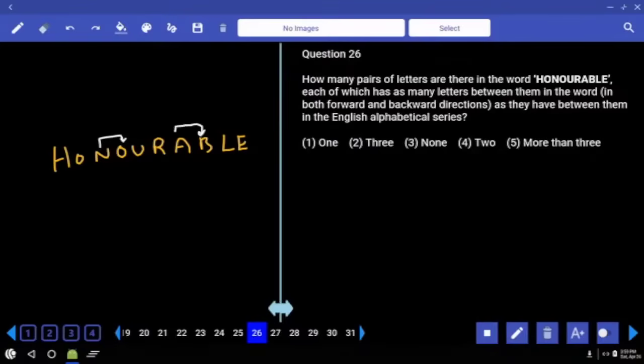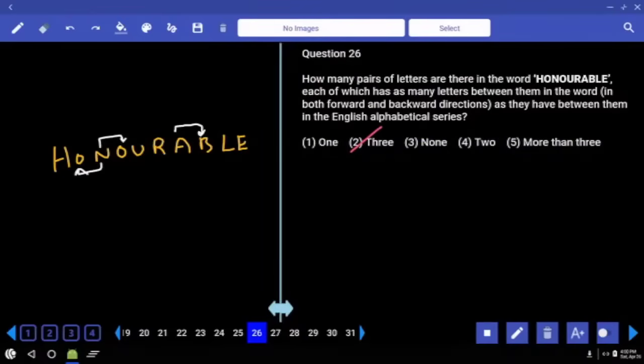So how many pairs are there as of now? 2 pairs in the forward direction. And in the backward direction, F, G, H, I, J, K, L, M, N. And next one, L, M, N, O, P, Q, R, S, T. And B, C, D, E, F, G, H, I. A, B, C, D, E, F, G. R, no letter more than this one, U. That's it. N and O, there is one more pair. How many pairs do we have altogether? 3. That is given in choice 2, question number 26.